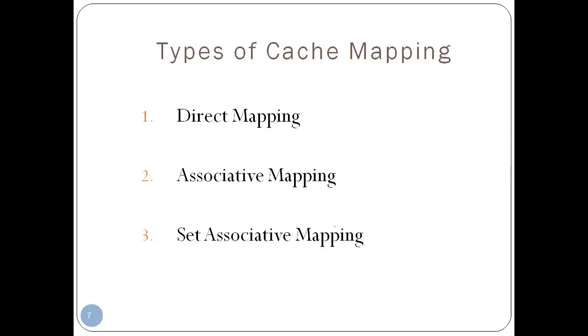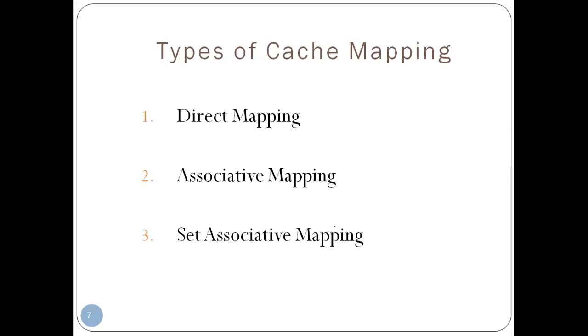And the main topic we are going to deal with is the types of cache mapping. Previously we saw that by making use of the paging technique, we mapped the secondary memory with the main memory. And now we are going to map the cache memory with the main memory. But why mapping? The contents should be the same in the cache memory as in the main memory. If the data has been changed and is not up to date, then we are going to face many difficulties. So we need a mapping between the main memory and the cache memory.